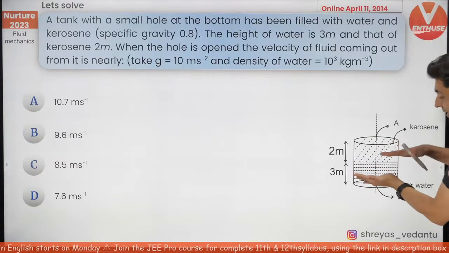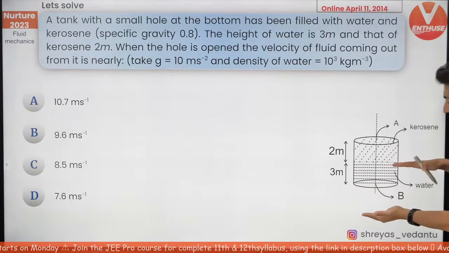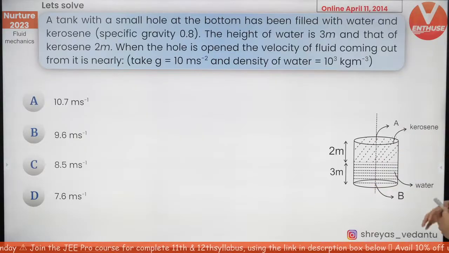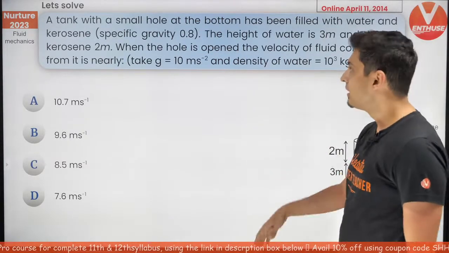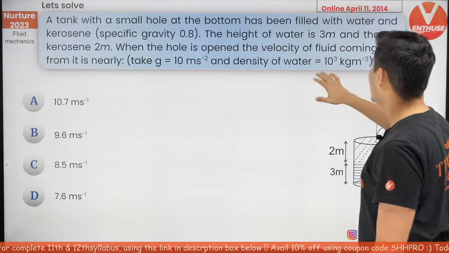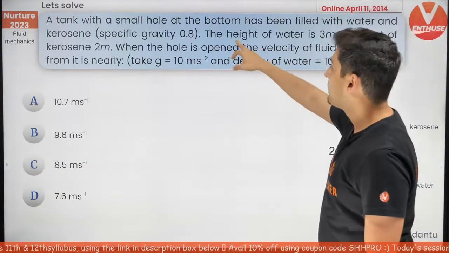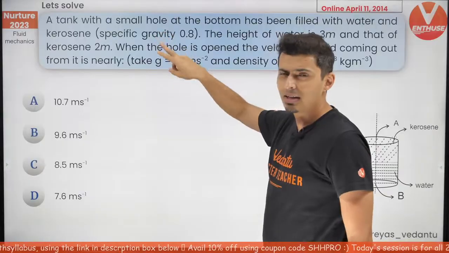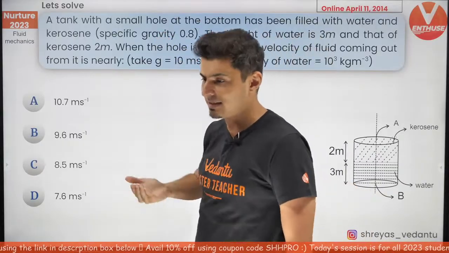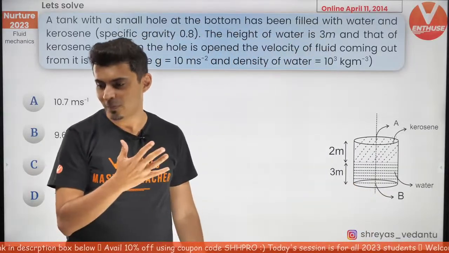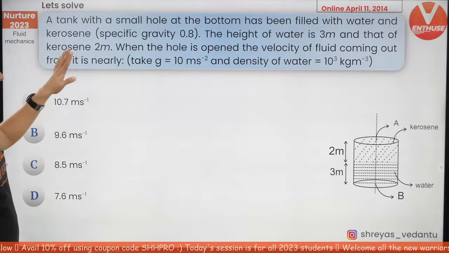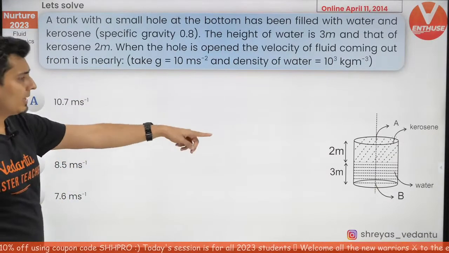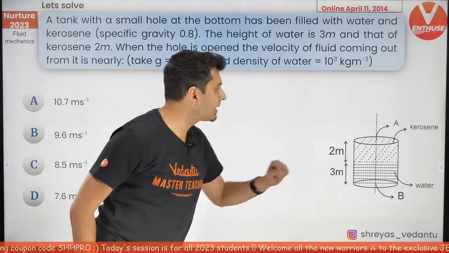This tank has partial water and partial kerosene floating over it. Water's density is 1 gram per cc standard. Kerosene's density is 0.8 specific gravity. That means it will be 0.8 grams per cc. Now, here it is. The question says, if the hole is open at the bottom, like right over here, what